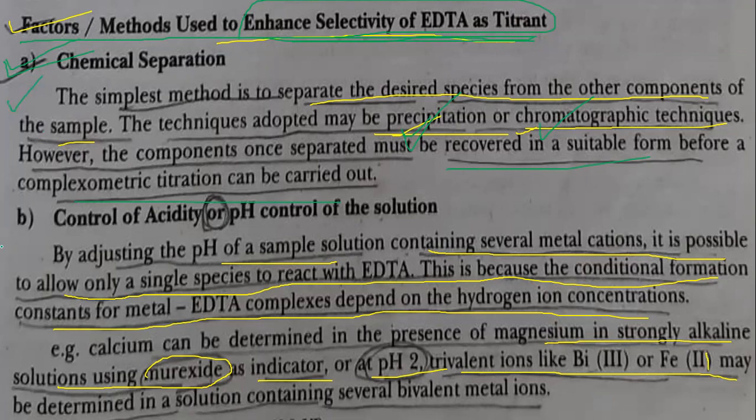Next is control of acidity, or pH control. Different metal ions form the complex with EDTA at a particular pH, and the solution needs to reach that pH to form the complex. One example they mention here: calcium can be determined in the presence of magnesium, in strongly alkaline solution, using peroxide as an indicator, at a pH